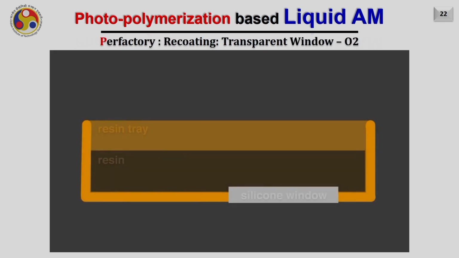So one of the popular solutions is utilizing an O2 window. Silicon, which is a transparent window here, is very permeable to O2, and the oxygen can transfer through that.